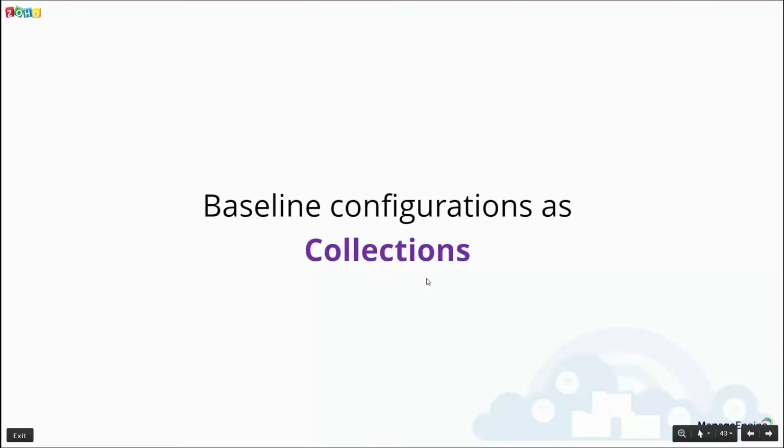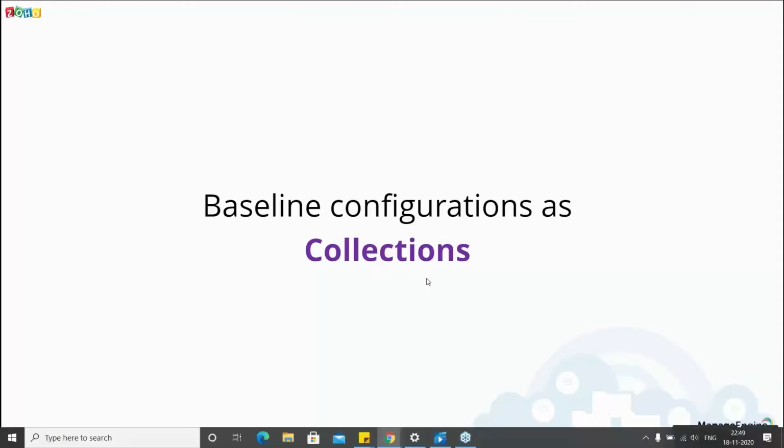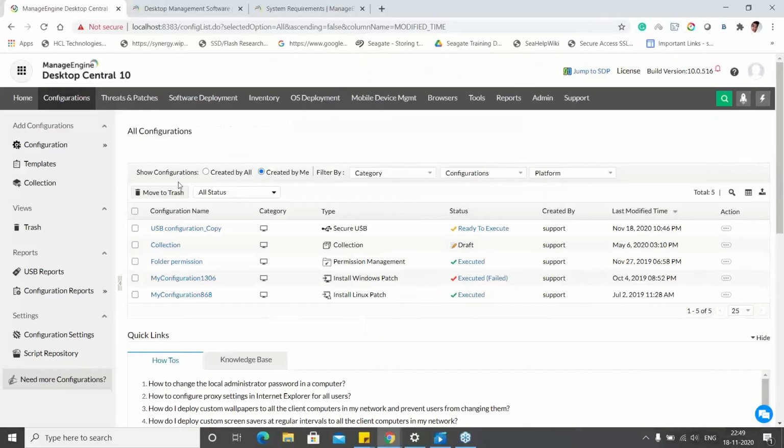And again, next thing, baseline configuration as a collection. So I have explained how you can create a configuration one by one and get it deployed. For example, I want to deploy a specific set of tasks when I am onboarding a new machine to the product. If I want to deploy 5 configurations, there's no need for creating 5 tasks and getting them deployed. I can create it as a single collection.